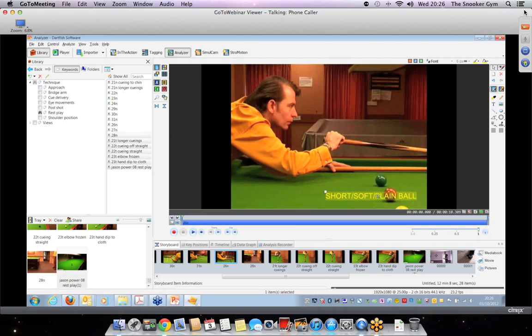Short, soft, straight, and plain ball. So there's no aiming because it's just a straight pot. No angled aiming. It's the simplest of pots and the easiest to correct if you make a mistake. And keeping it short. Then, once you've done that, and you can pot that consistently using what we've done here,